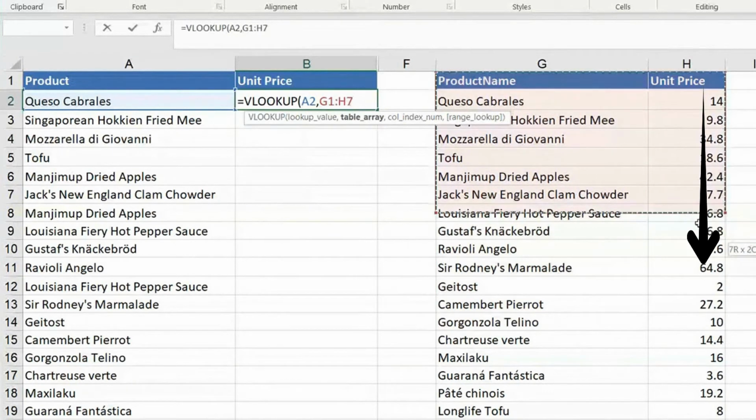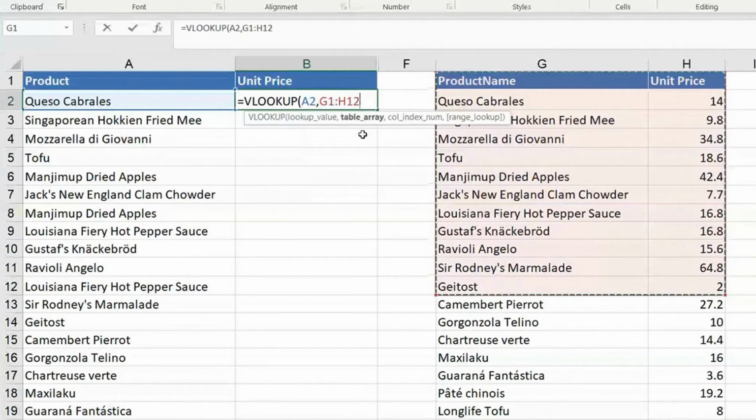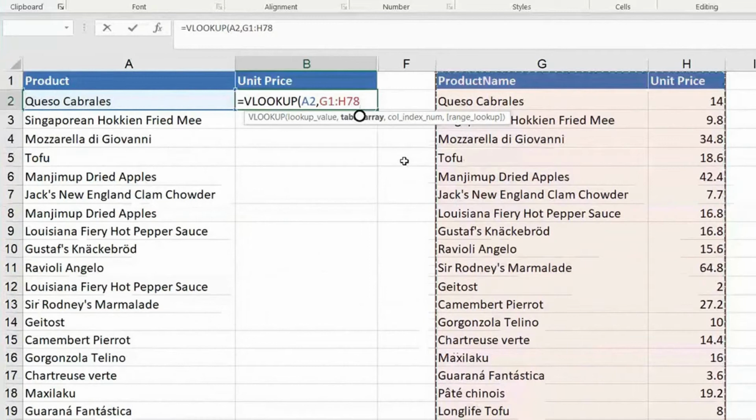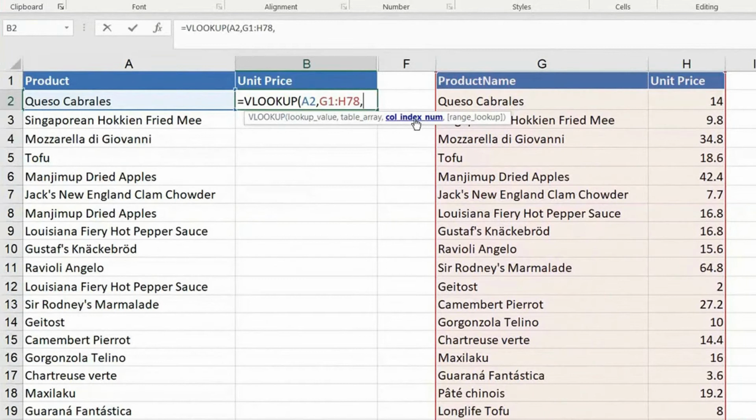And you also have to enclose what you have to bring. I have to bring price, so you have to include that. Very important is that the table selection is proper. Control Backspace. I love using Control Backspace. Okay, I'm back here. Put a comma. The third input of VLOOKUP: now you have to give the column index number. Column index number is basically the retrieving information. How should Excel know what you are trying to bring? Actually, we are trying to bring the price. You should tell it by a number. So this is the second column from name.